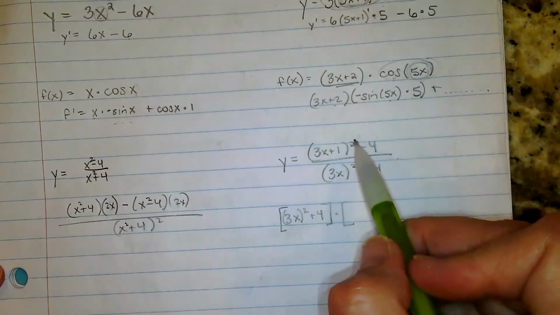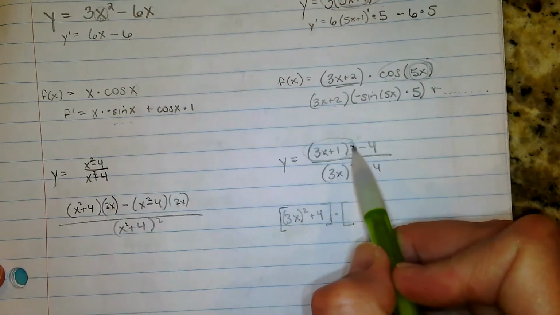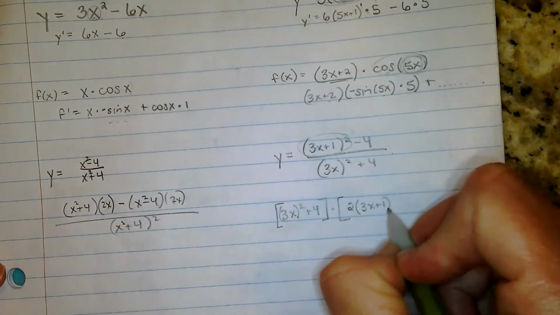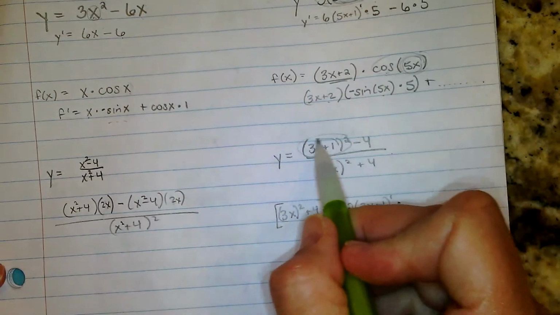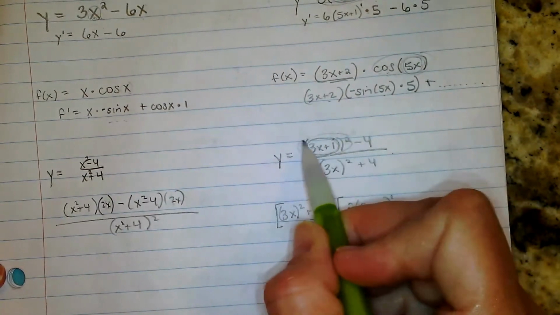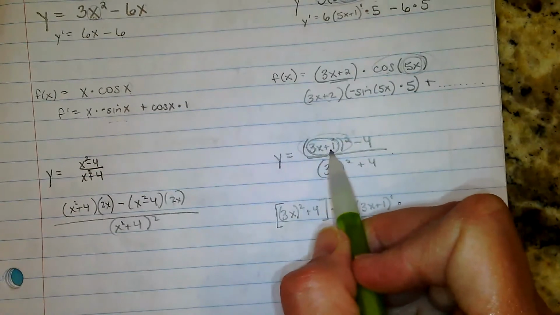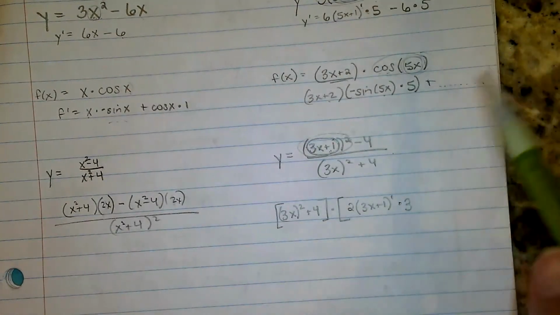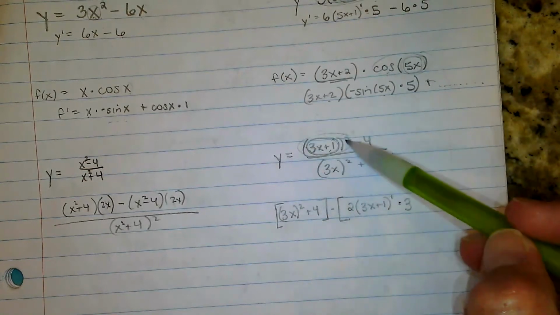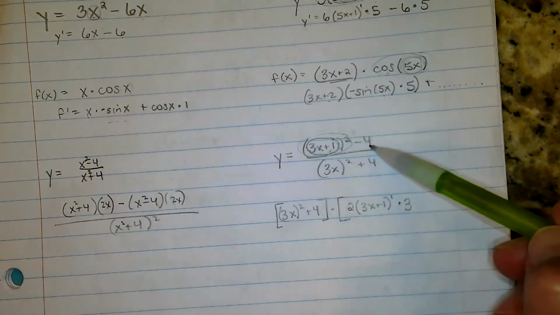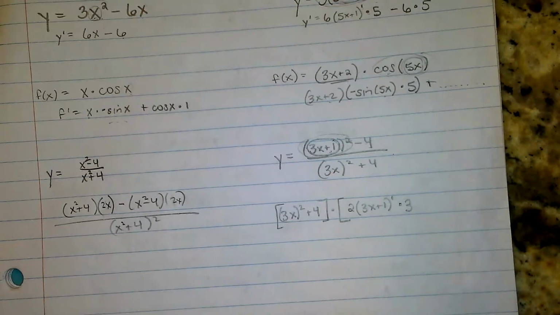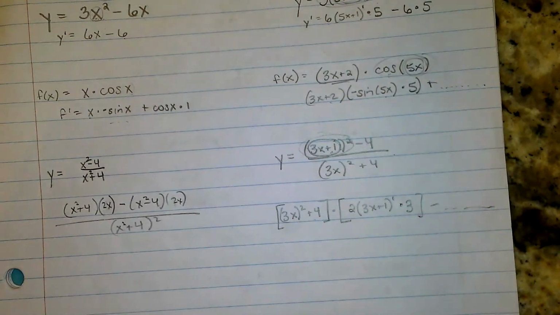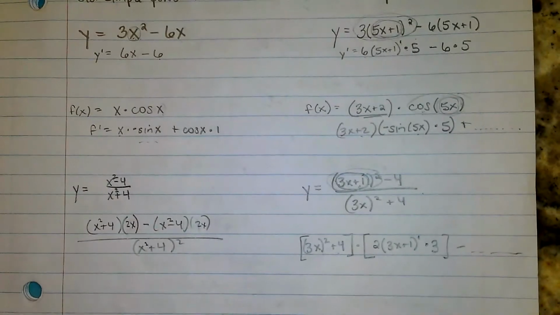And your derivative of your top would be a power rule on this section. So bring your 2 out in front of the 3x plus 1 raised to the first power times, now the derivative of what's inside of that innermost function that was squared, the derivative of that is just 3. So that's just the derivative of the first piece of the top, and then luckily the derivative of the second piece of the top is just 0. So bottom times derivative of the top minus and so on. So it does get